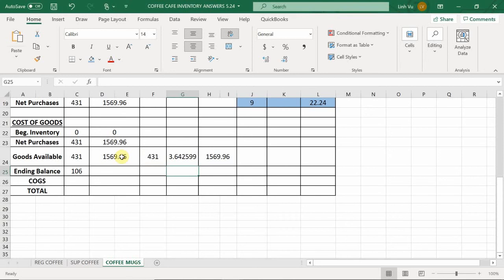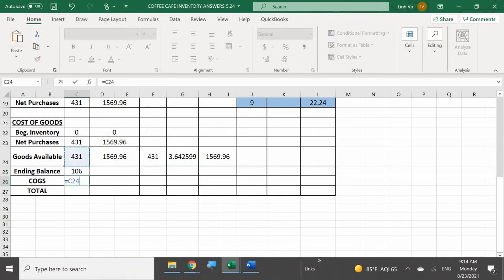Okay? So in this case, if I started out with 431 mugs in my inventory and now I only have 106 left, how many did I sell? 325 mugs. I sold 325 mugs. Okay? So now, if I sold 325 mugs,